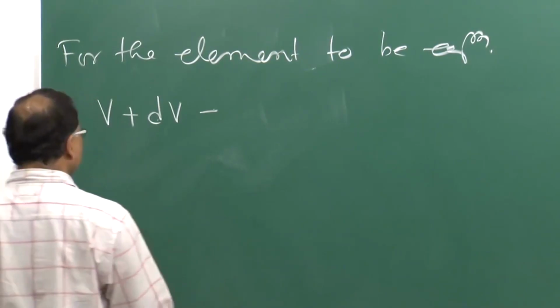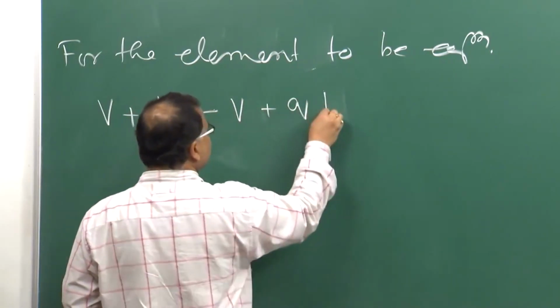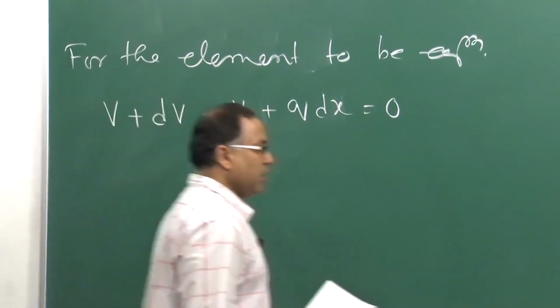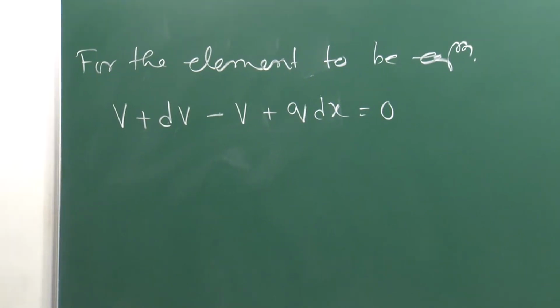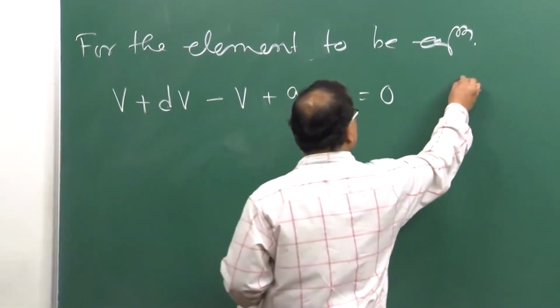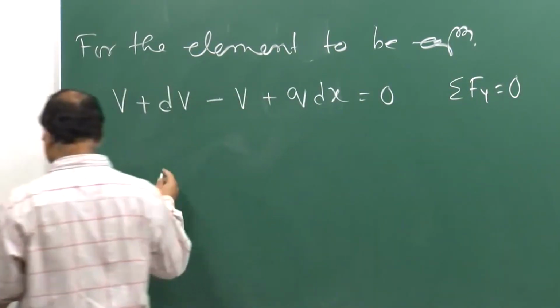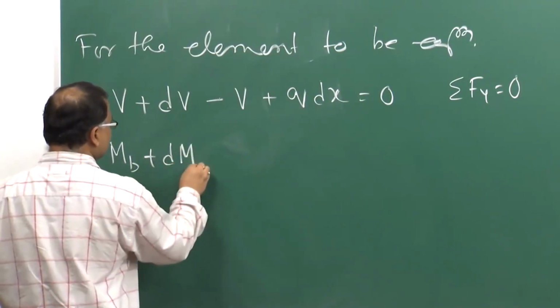So V plus dV minus V plus Q dx equal to 0. This is coming from summation of Fy equal to 0. Similarly, if we consider the moment equilibrium, MB plus dMB,